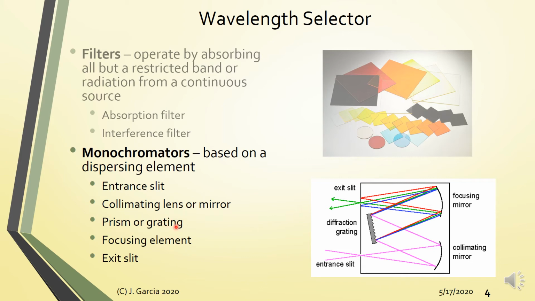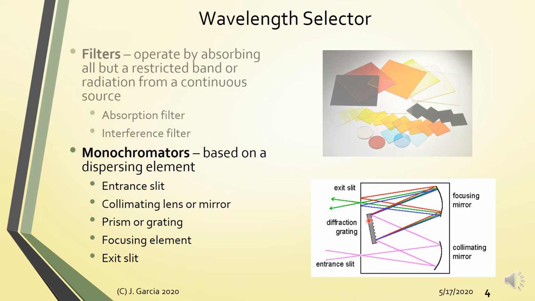But the grating is now used, no? Because the design is simpler. So for the monochromator, this is its construction. Basically, you have an entrance slit where the light from the radiation source comes in, a collimating mirror that